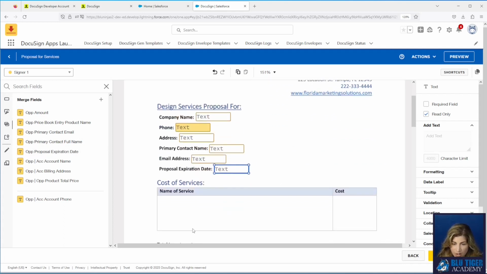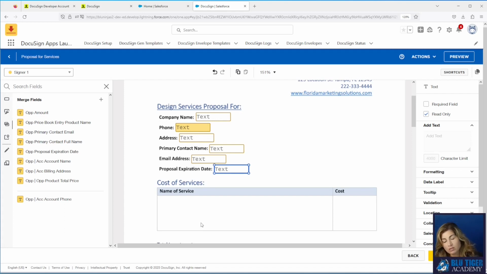Now down here in the opportunity contact roles, one thing to note here, this is not scalable. This meaning not dynamic, like this table is not going to shrink and expand as you add more or less products. If you have that type of requirement, you need to have the DocuSign Gen product, because that will allow you to create tables that expand and contract depending on how many related items you have. If you're just starting out on DocuSign and you don't know if you need that, you can start with e-signature and see how it goes.